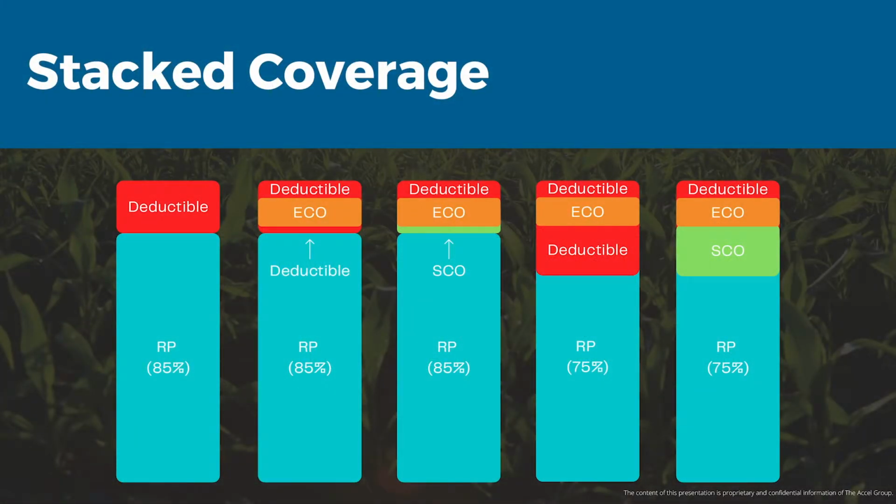So these stacked examples will illustrate a little bit to you how this coverage looks. So if you have an 85% base policy, you can see that illustrated in blue. You now have a 15% deductible on top. You must stand the first 15% loss. The column 2 there, you'll see the same 85% base policy, a small deductible of 1%, because our ECO goes from 86 to 95%. So you have the gap of 85 to 86 with no coverage. And then you have a small 5% deductible on top. You'll see the ECO coverage in a 9% band